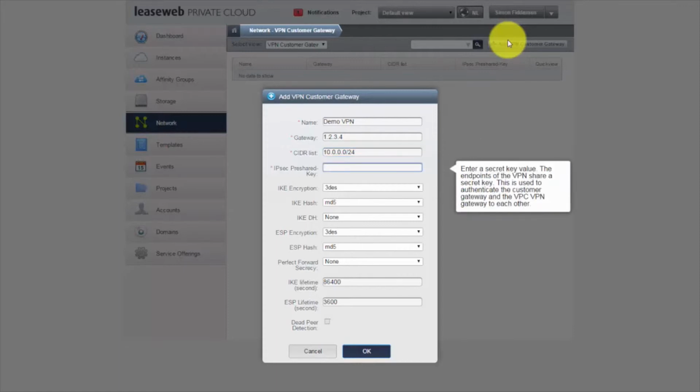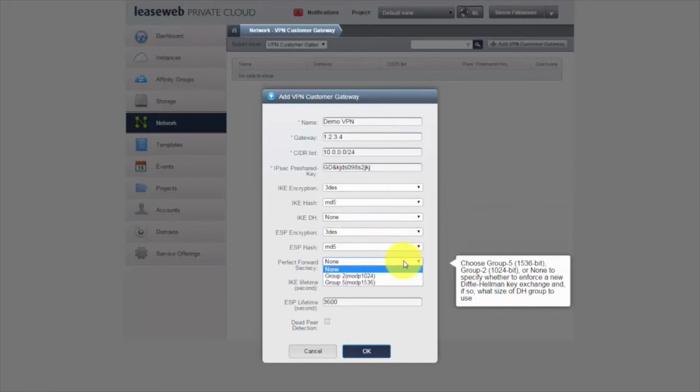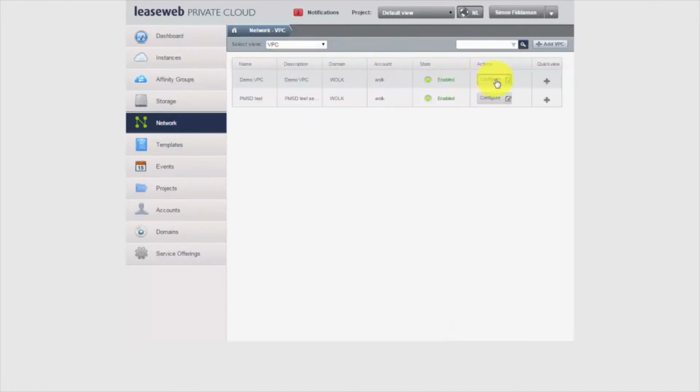Now IPsec in this case works on a pre-shared key system, so I'm going to create something nice and secure here and quite random. All of these other options will vary depending on the specific configuration of your VPN. The IKE encryption hash and Diffie-Hellman group, and the second stage ESP encryption, and whether or not you're using perfect forward secrecy. I'm going to create it with the basic default options here at the moment and just click OK. Excellent. Now that that's done, I can go back to the VPC, click on Configure,